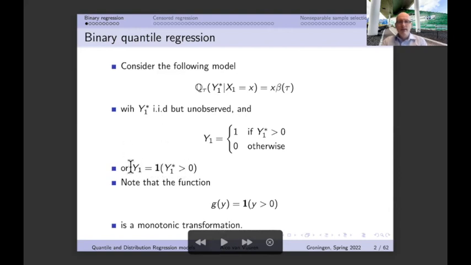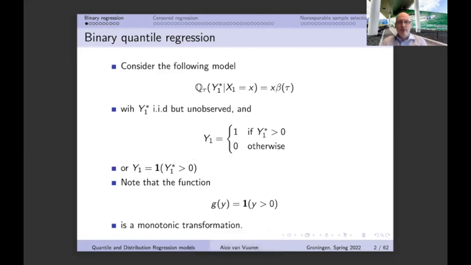This is exactly the same model as what we have over here, because it's not so difficult to see that if y1 star is larger than 0, well then of course this thing is equal to 1, and then we end up over here, in this model over here. And at the moment that y1 star is not larger than 0, so smaller or equal to 0, well then this thing is going to be equal to 0, and then we end up here also at 0. So therefore this model is exactly identical to that model over there.